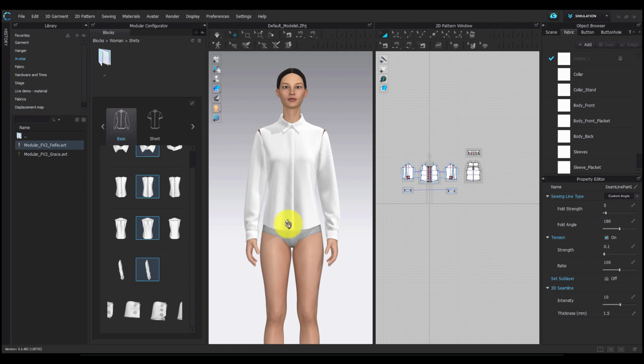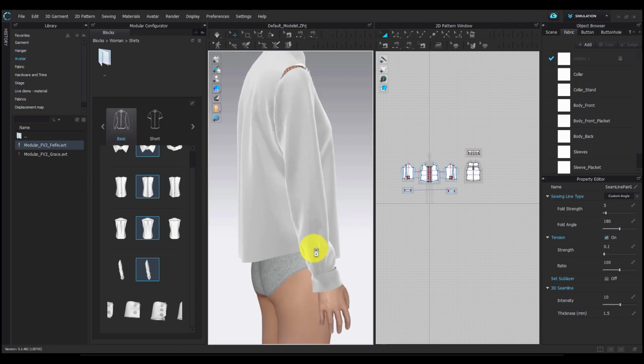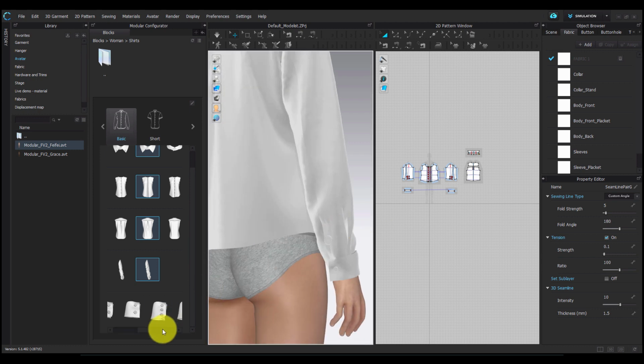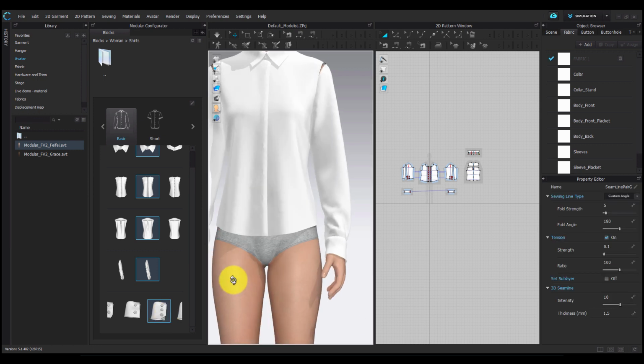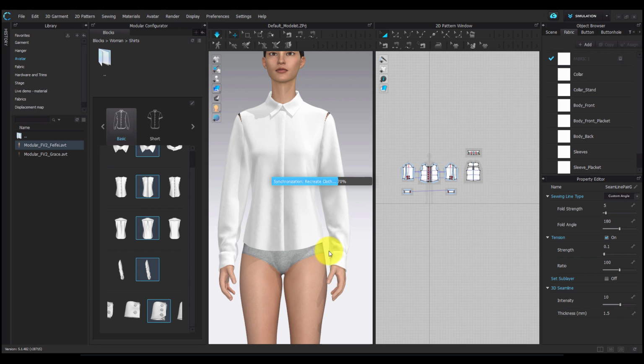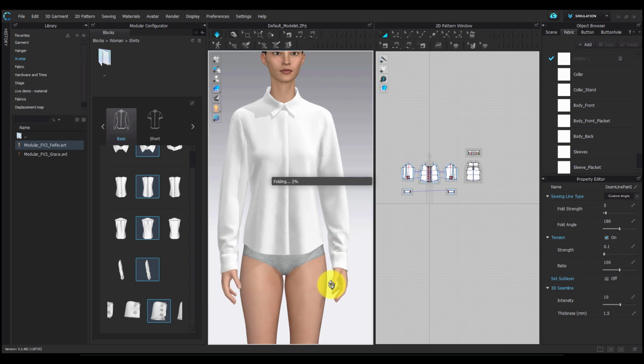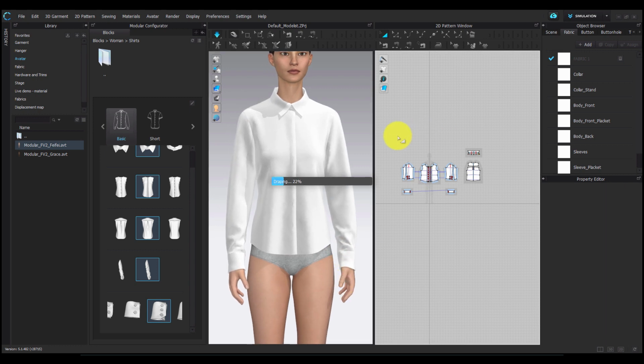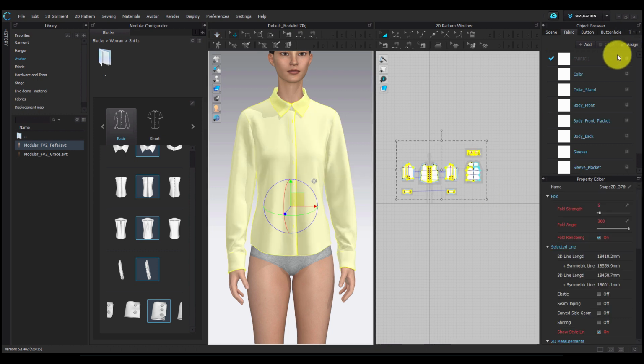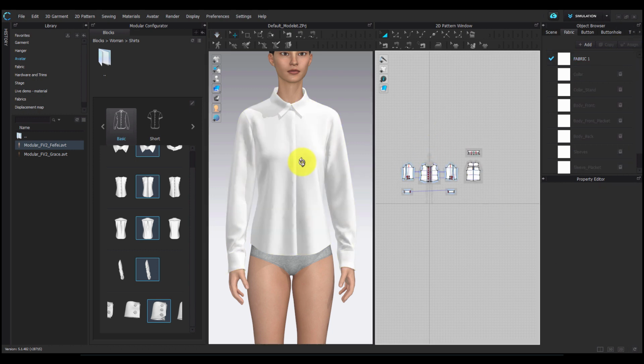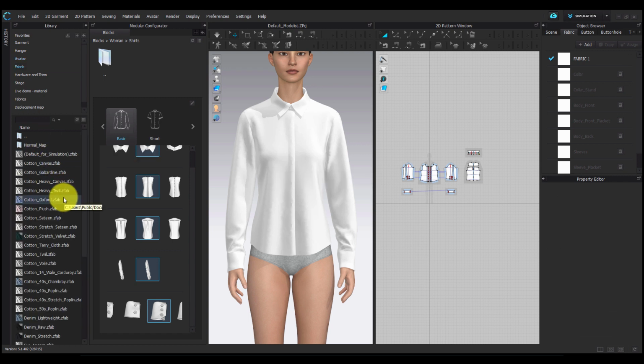Here, even after I have added a cuff and I want to change it, I can simulate and then I can go ahead and add in a different cuff. For example, here I've added a 3-button cuff and I can go ahead and simulate my garment. After this, it's just a matter of adding a fabric and adding different details to my garment, and I have a basic shirt project file ready to go.